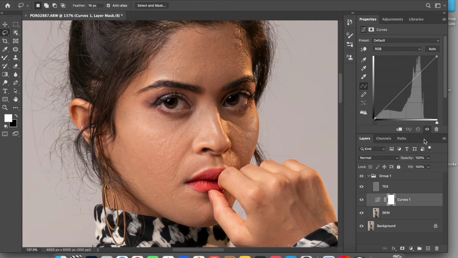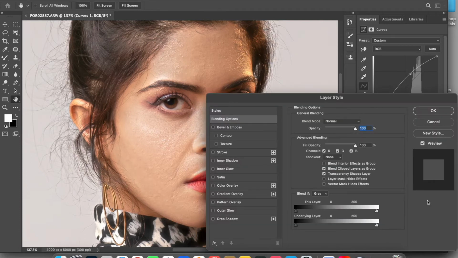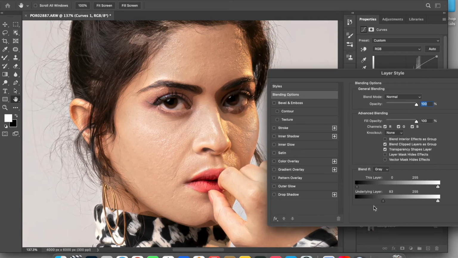So first I will increase the image to a point where I see that it is completely lit, and then I will double click on that layer and, under the underlying layer, remove the black. So you can see by doing this I'm introducing the dark, and it looks weird right now, right?